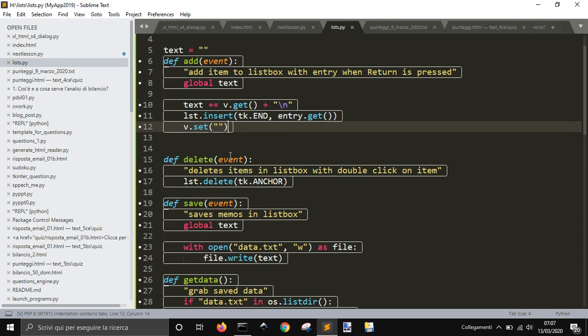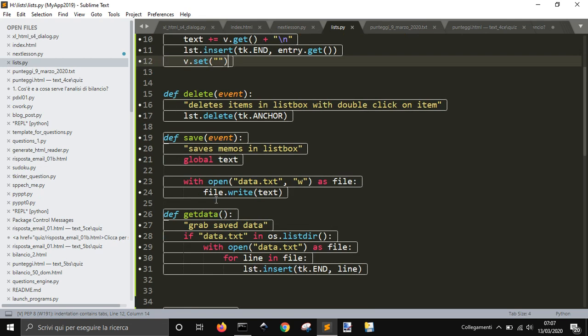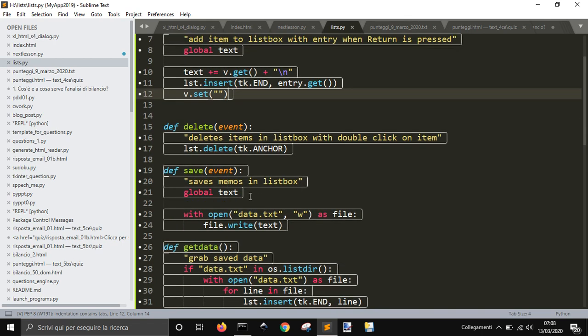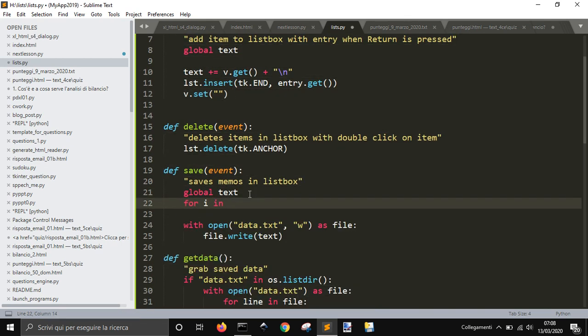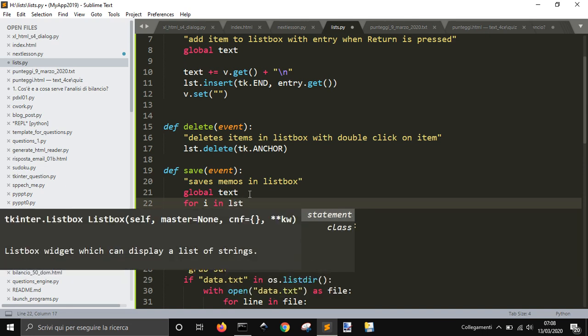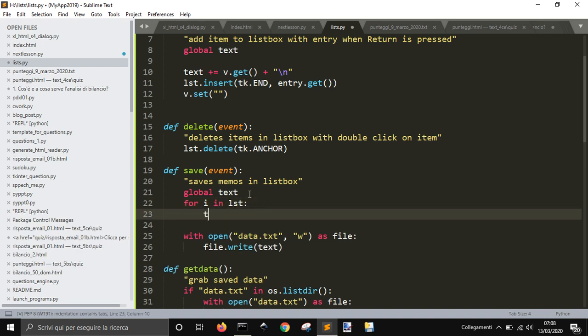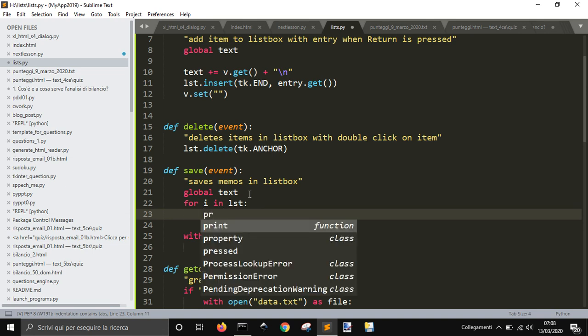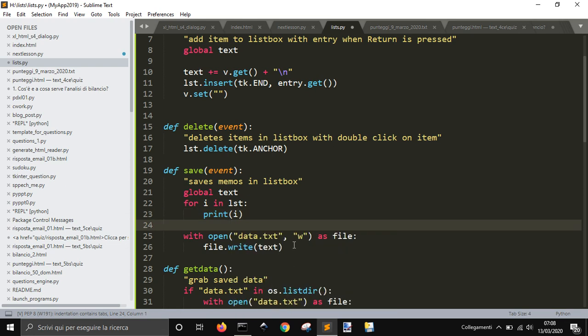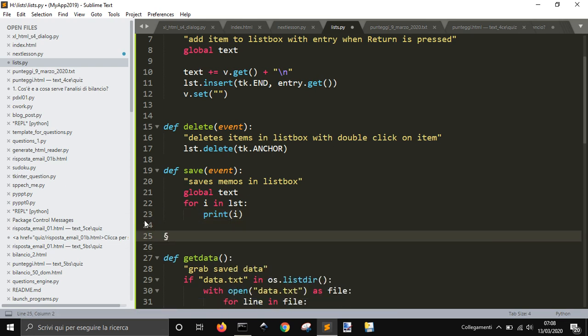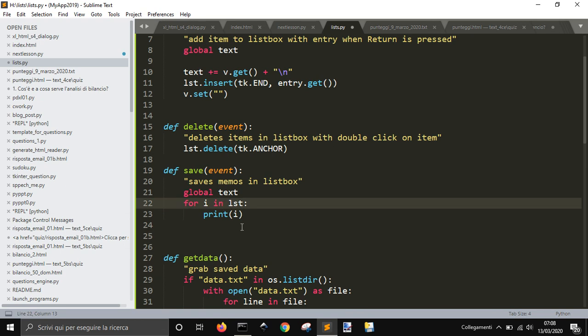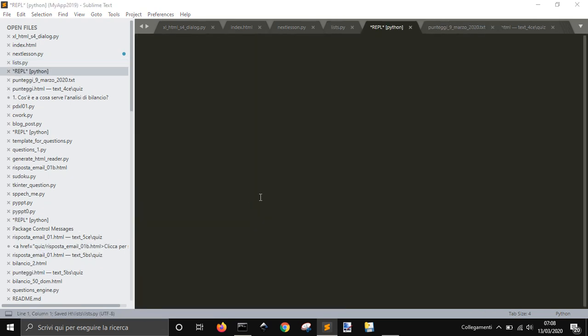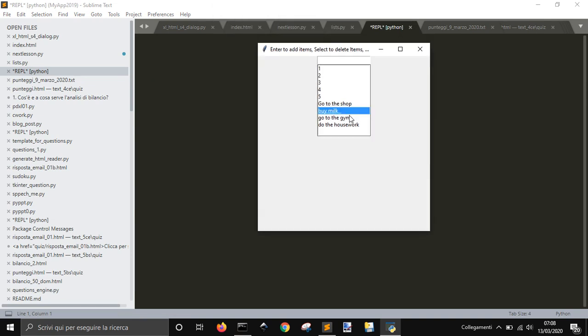because yeah, it could have been easier if I just went and saved the items inside. I could have done for e in list, I'm not sure here, text, print e. Let me see if I can go and save it this way. If I press S,